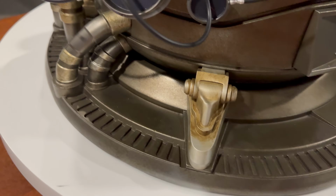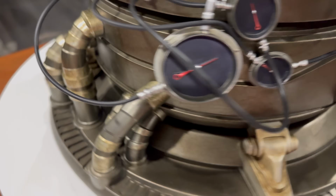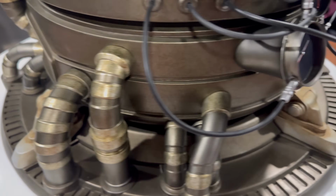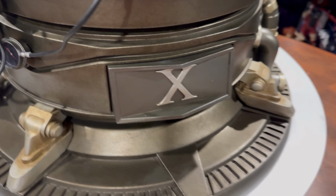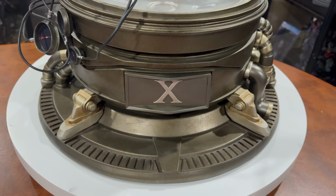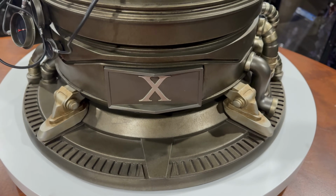See all the rust throughout? I think that makes it look great, in my opinion. I'm a big fan. All the different tubes and piping. It's very symmetrical, which I love. Not only the X symbol in the middle. And the reason why I allow this, even though it's a nameplate, and I hate nameplates, is simply the fact